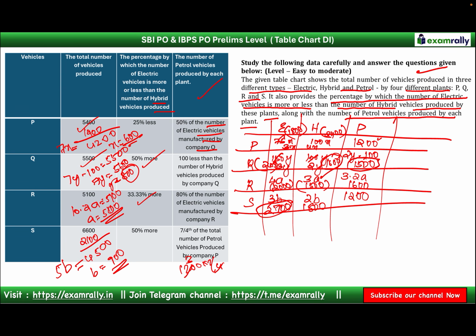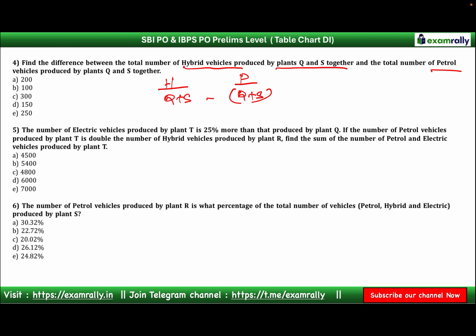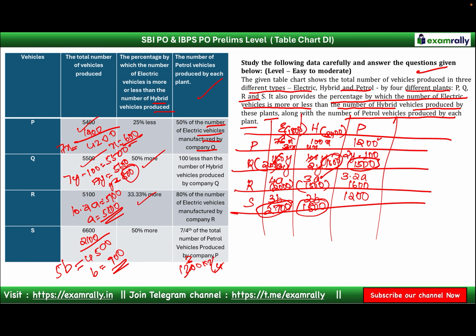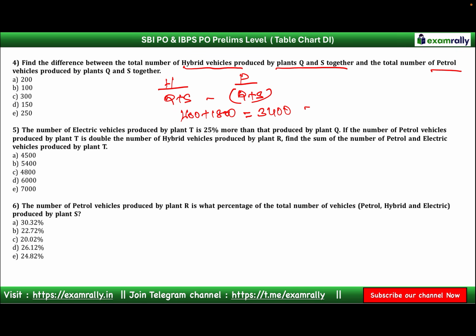See here, don't get confused. Hybrid for Q is 1600 and for S, hybrid is 1800. So 1600 plus 1800 will be equal to 3400. In petrol for Q, how much is it? Petrol for Q is 1500. For S, it is 1200. So total you will get here as